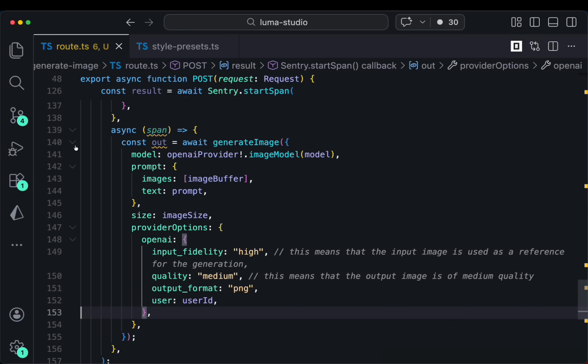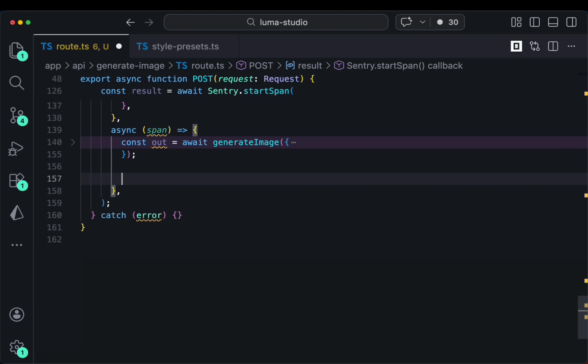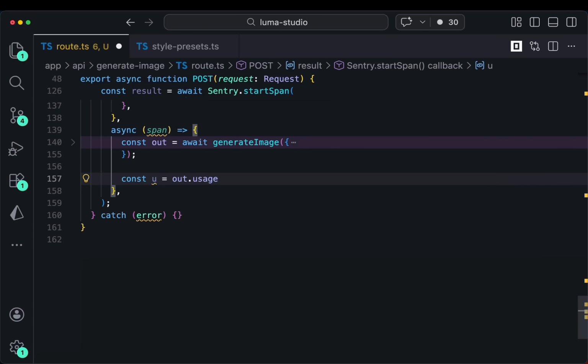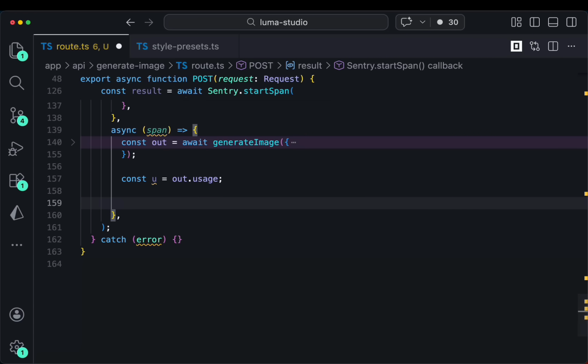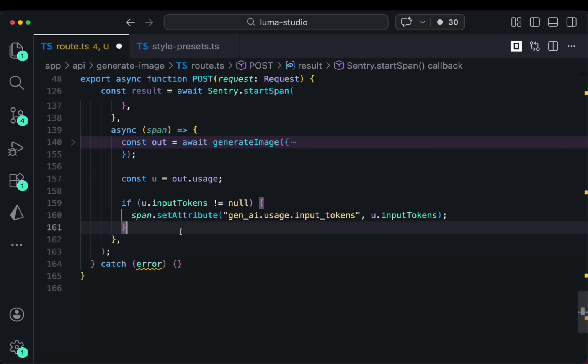Now right below this output, I'm going to shrink it so that you can see it. I'm going to say const u, which stands for usage. So I'll say usage, and as you can tell, it is type safe. In this case, I'm going to get the usage. And here we'll have a couple of different validation checks so that we can add these as attributes to the Sentry